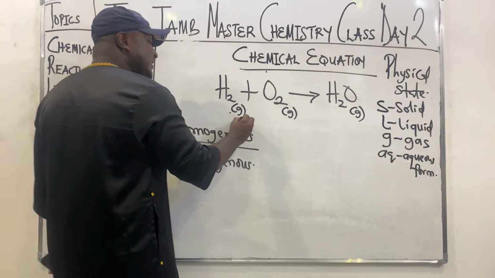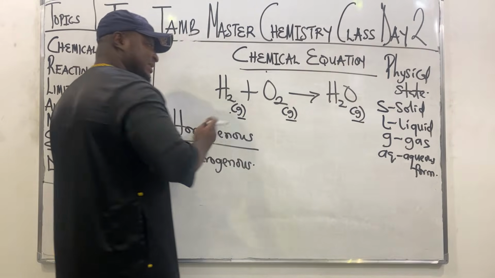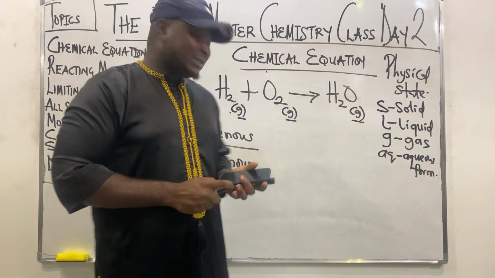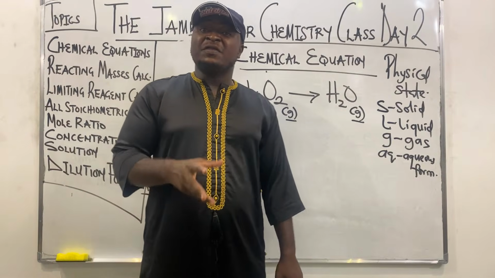Look at this. You have gas, gas, gas. Every component of this reaction, they are all gases. Therefore, this reaction is what? A homogeneous reaction. But class, when we say a reaction is heterogeneous, when the components of the reaction are not